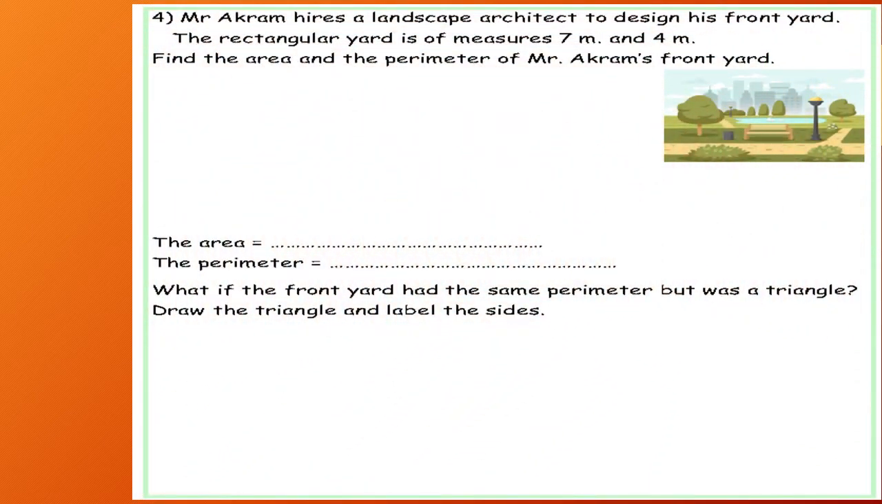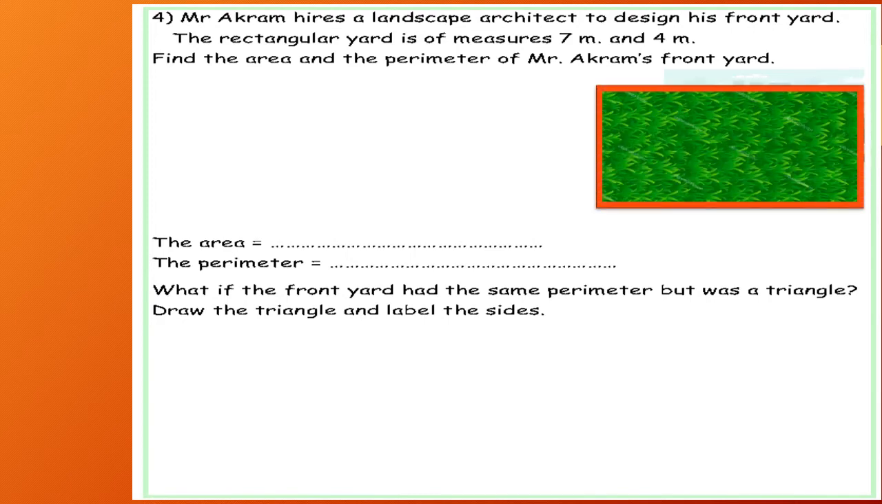Number 4. Mr. Akram hires a landscape artist to design his front yard. The rectangular yard measures 7 meters and 4 meters. Find the area and the perimeter of Mr. Akram's front yard. So the area of this rectangular yard, length by width, 7 by 4 equals 28 meters squared,